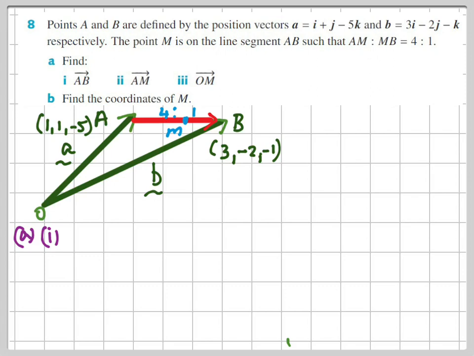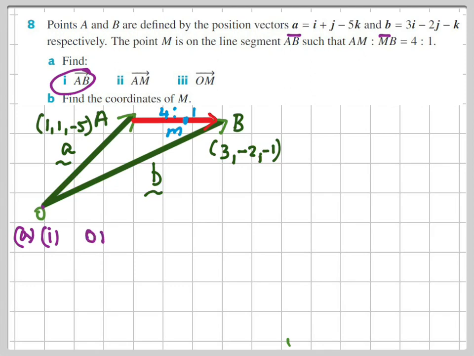So A, find AB. So I'm finding the vector AB in terms of lowercase a and lowercase b, those position vectors. So position vectors start at the origin. Okay, so here we go. What am I going to do? Well, I'm going to start by saying